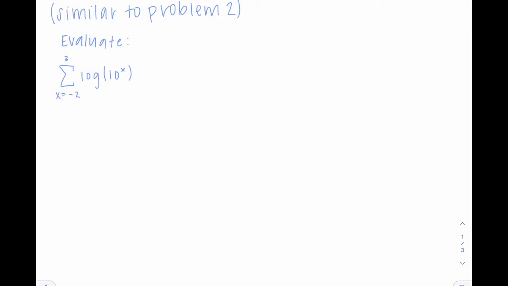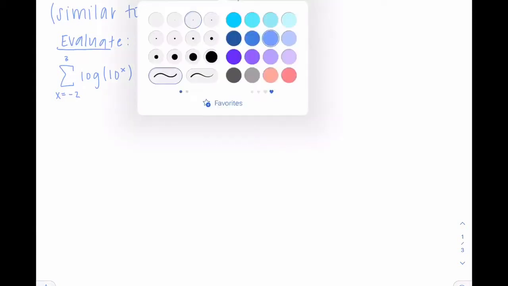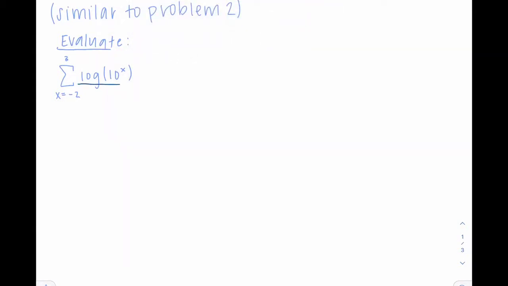So for this practice problem, it's going to be to evaluate the sum from -2 to 3 of log 10 to the x. So the first thing that we want to notice is this evaluate right here. So that means that we're going to be finding the actual value of the sum of -2 to 3 of log 10 to the x. And one thing to notice is if we just leave it exactly how it is, that's going to get really complicated really fast. So the first thing we want to do here is actually to simplify this function right here,